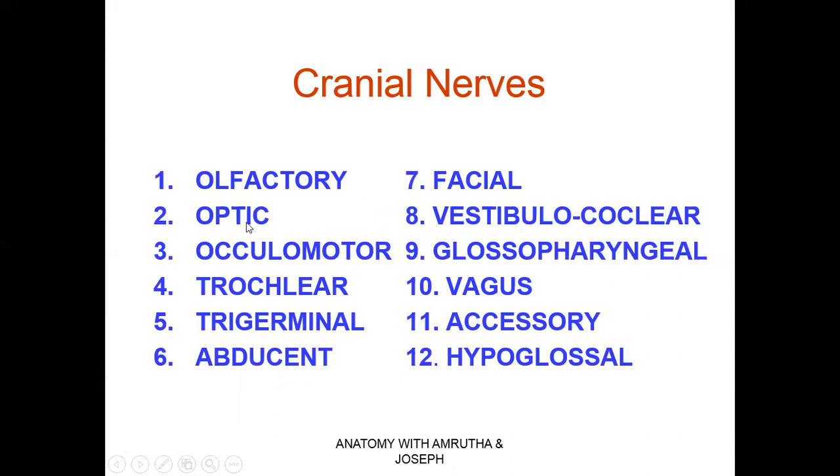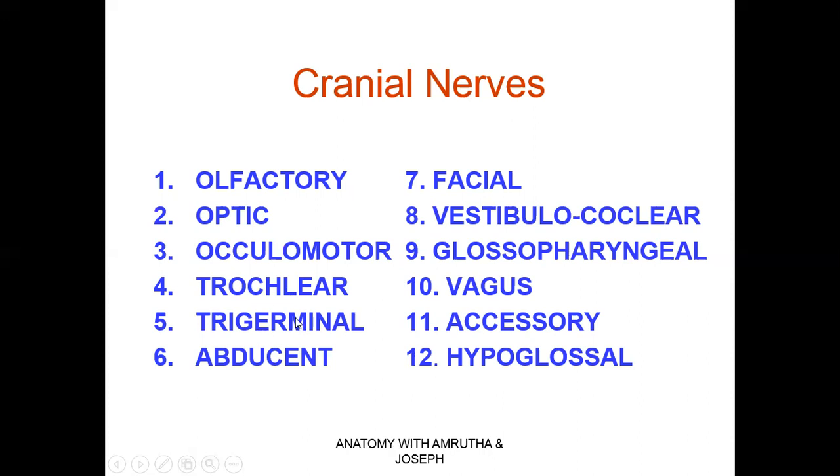Optic nerve is the nerve which takes the sensation of vision, from visual stimuli from the eyeball to the brain. Oculomotor nerve: as the name suggests, it is motor to the oculi. So it mainly supplies the muscles of the eyeball, which help to move the eyeball. Trochlear nerve is again destined to supply the eyeball. It also causes some motor activity onto the muscles of the eyeball.